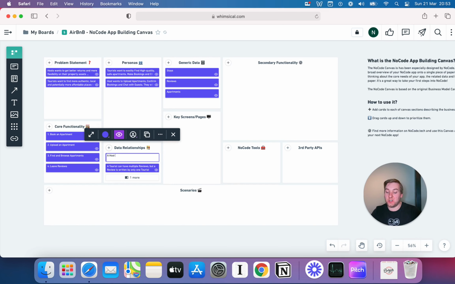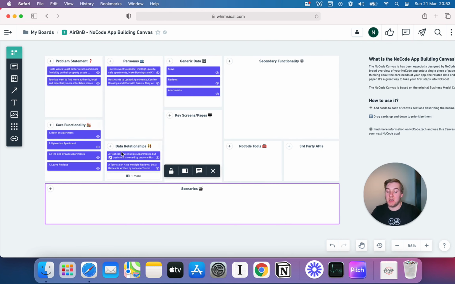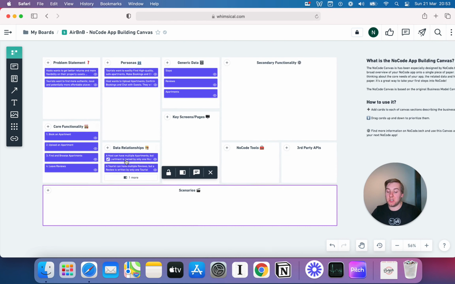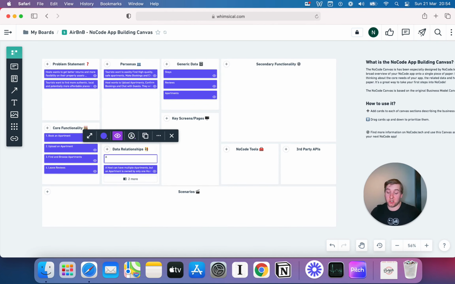Actually, let's do a host can have multiple apartments, but an apartment is owned by only one host. Again, just adding that context. And I think that is my main data relationships. What else have I got? I've done review, I've done apartment, I've done tourist, stays, and then also I think there's a relationship between a